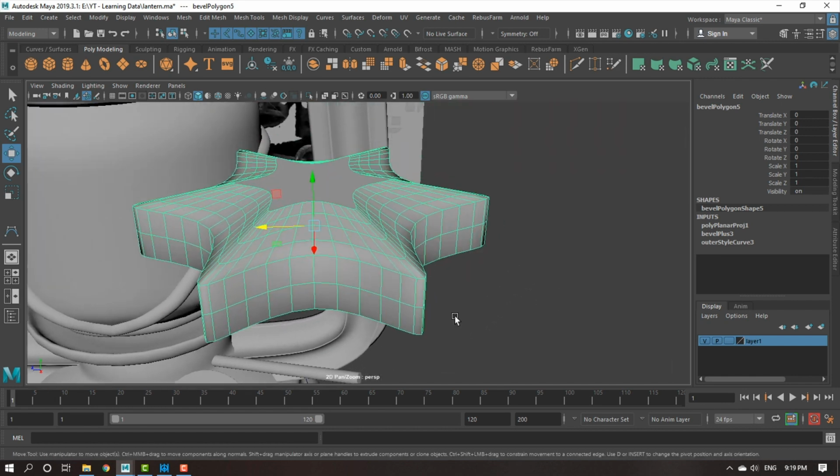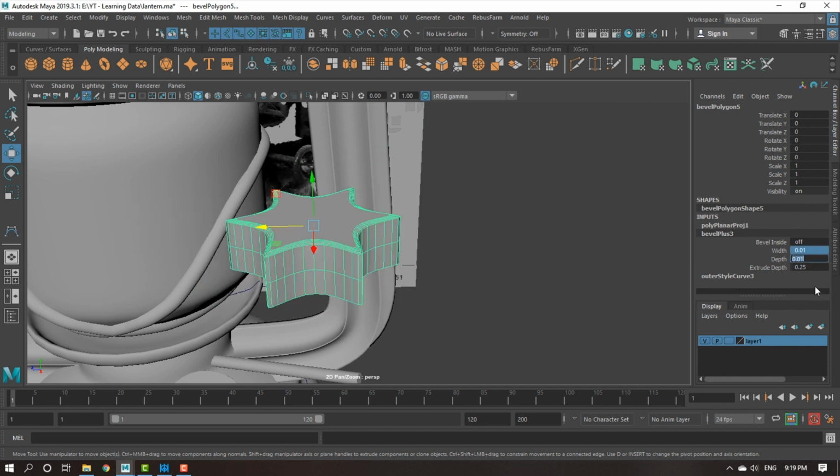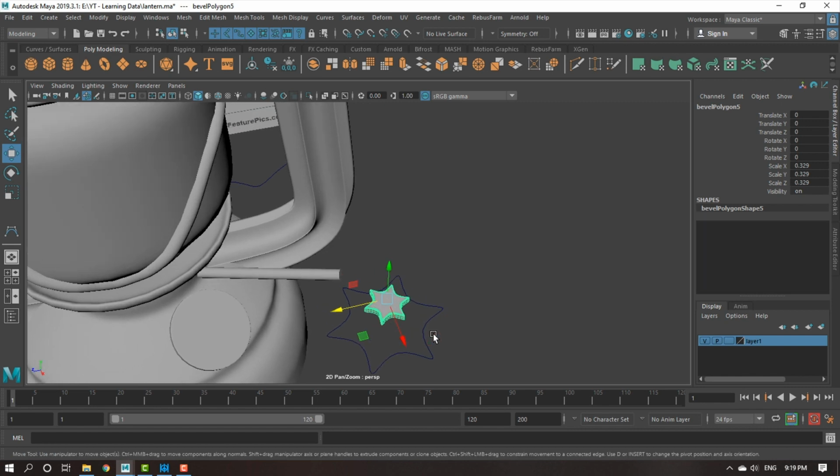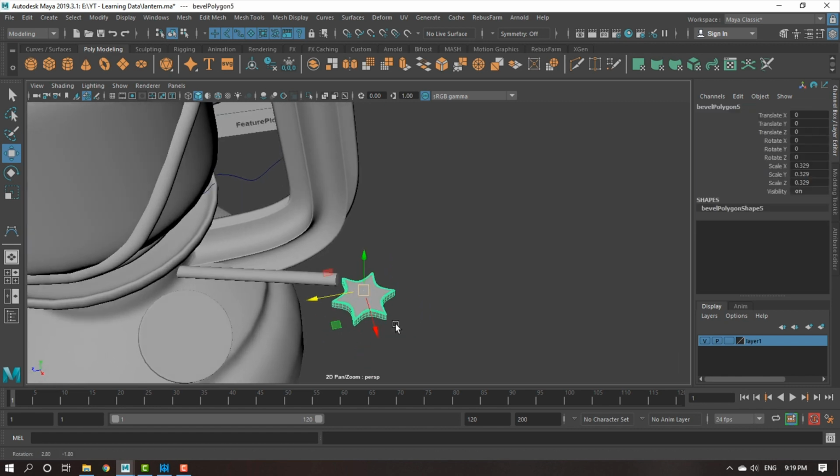This gives me a surface which is already polygon. You don't have to convert bevel plus to polygon. Then go to bevel plus and decrease the width and depth to 0.01, height to 0.1. Then delete the history.